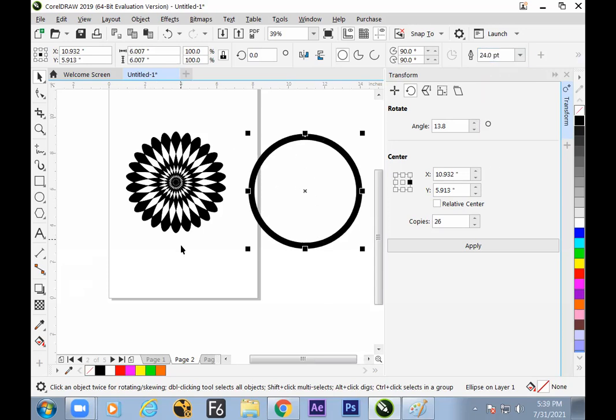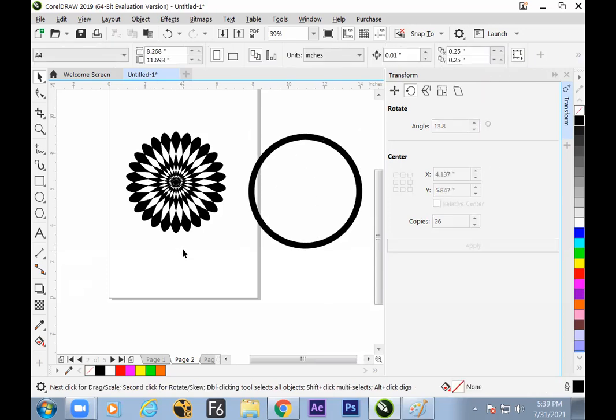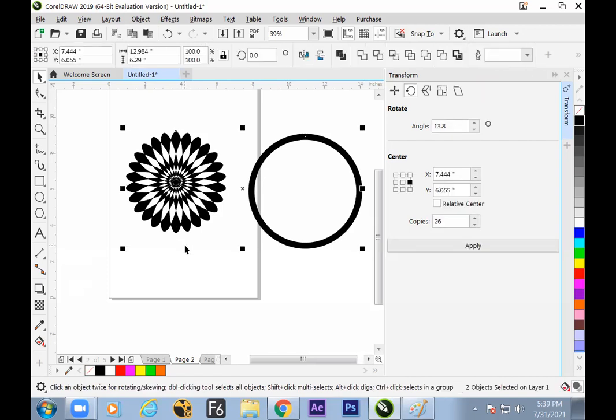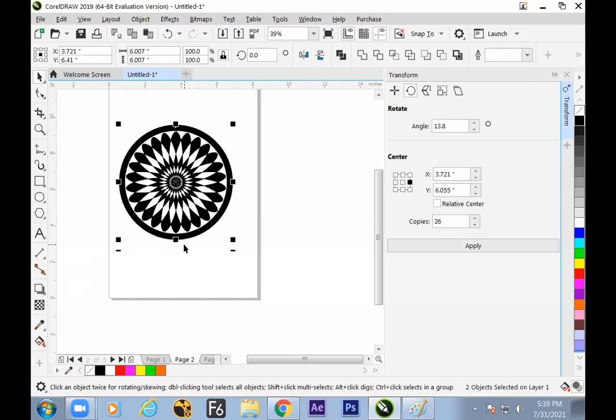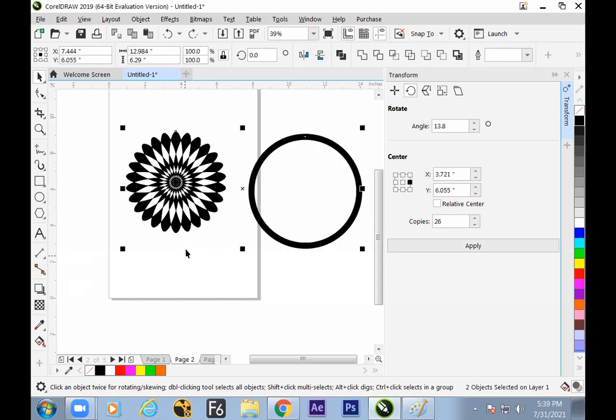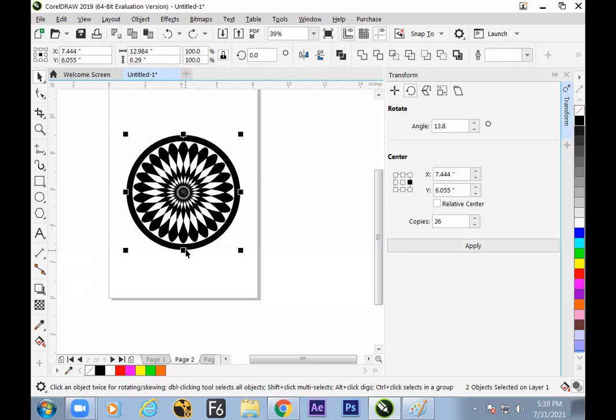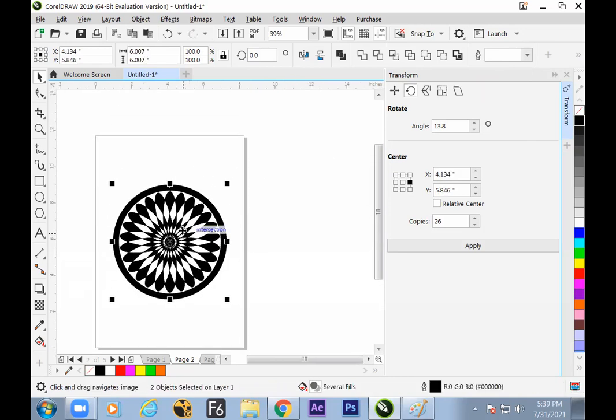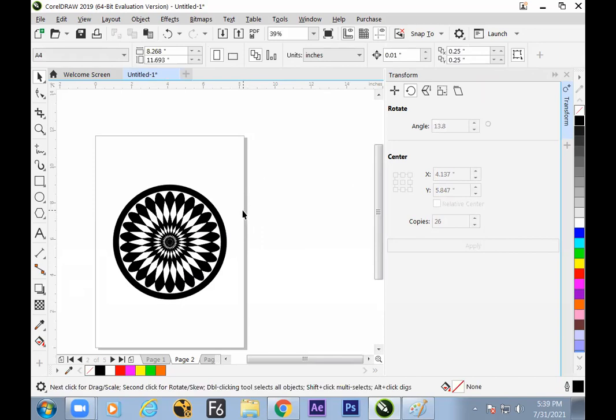Now how to bring them all into the center? What is to be done in Corel to bring every object to the center? Control A and C E is one of the methods. Next method, Control A, just hit the P. It will come to the page center. Is it clear?